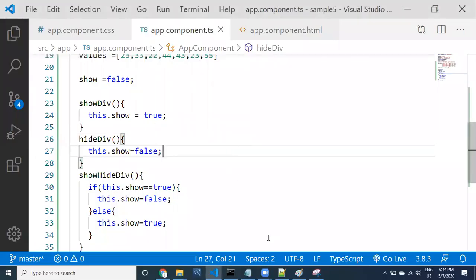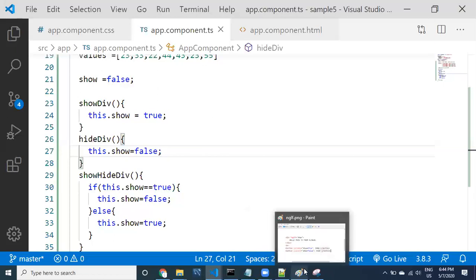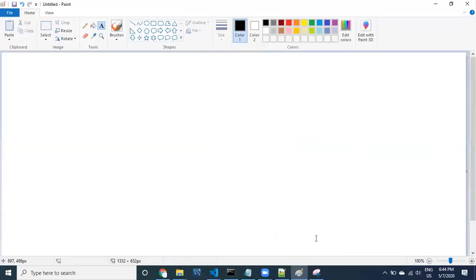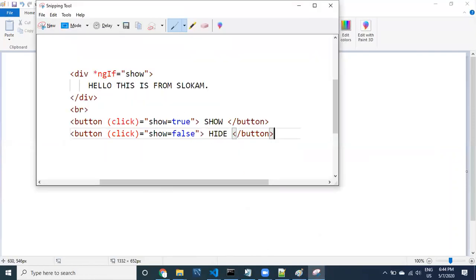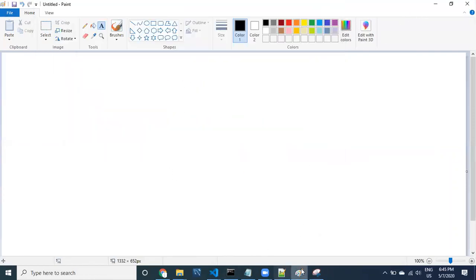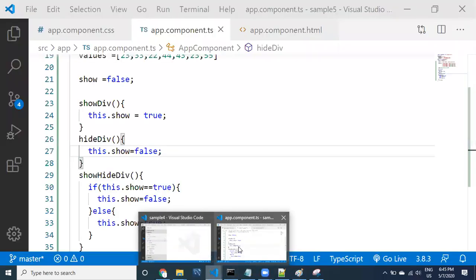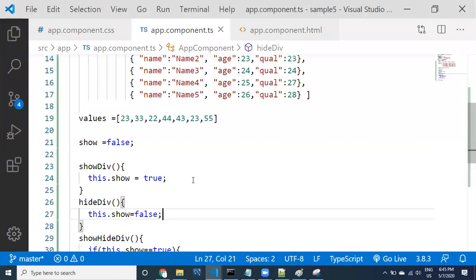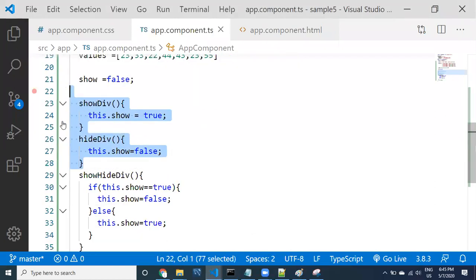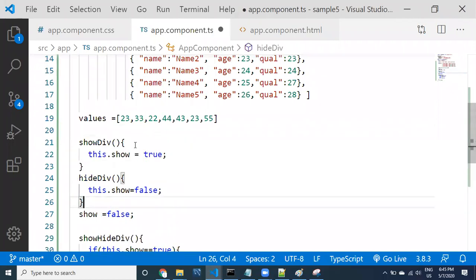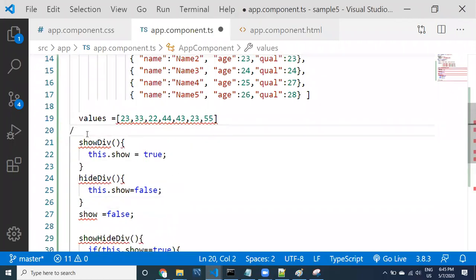Before going to the next example, I will document this part. Let me open this particular part. What is the example that I need to take? I don't want these two things. I'm just going to comment these things for your reference.